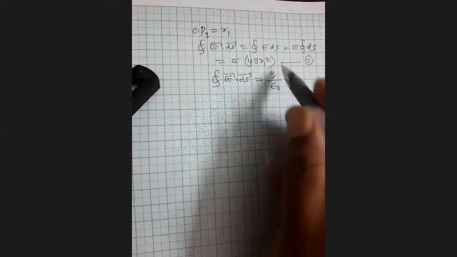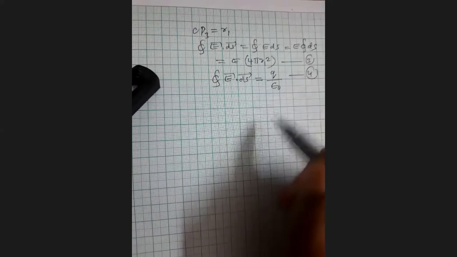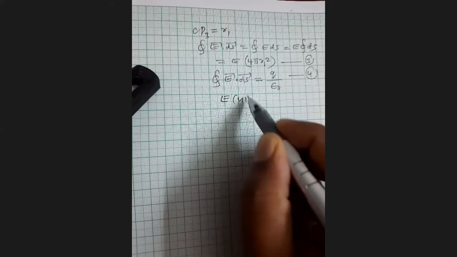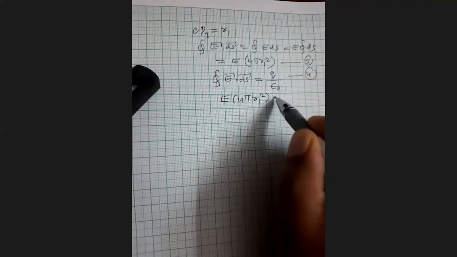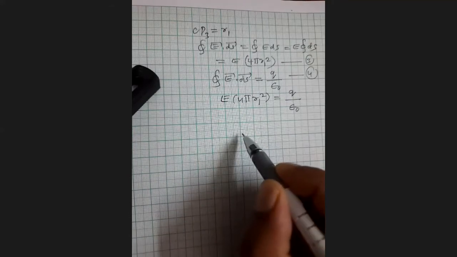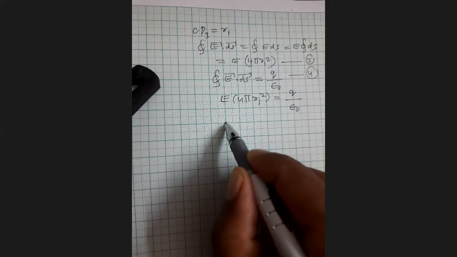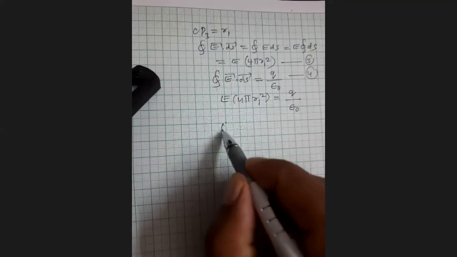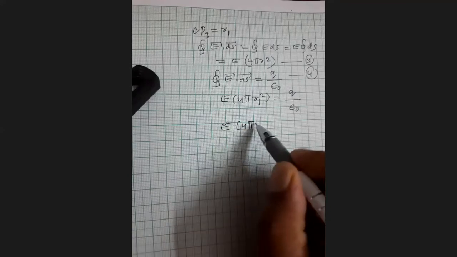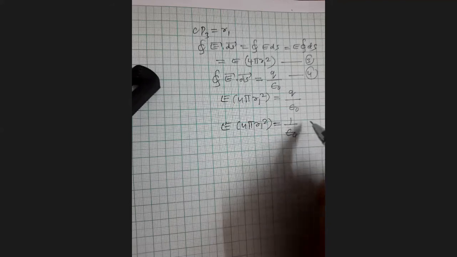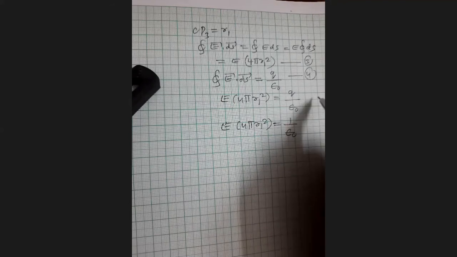So now equating these two equations, E into 4 pi r1 square is equal to charge Q by epsilon naught. E is equal to 1 by 4 pi epsilon naught Q by r1 square, where the charge Q